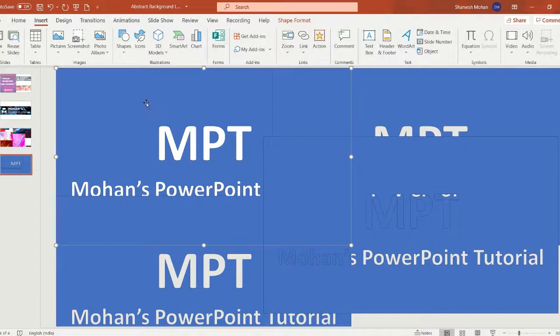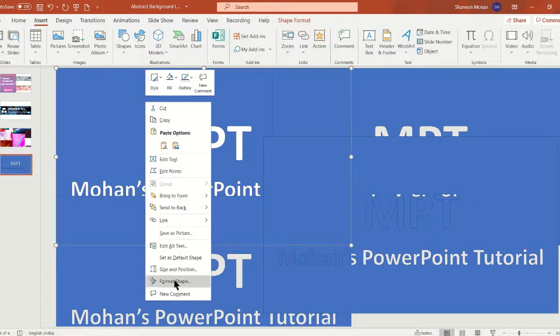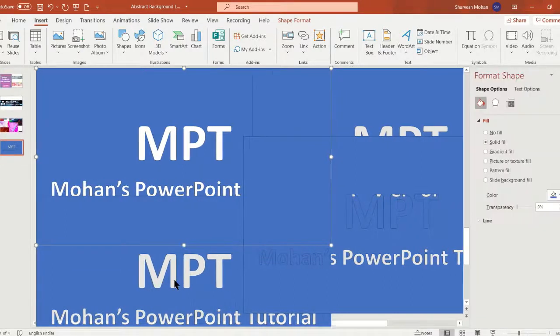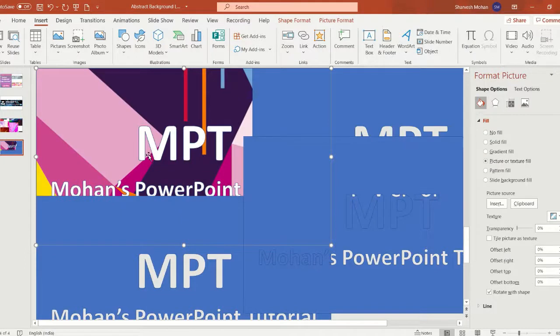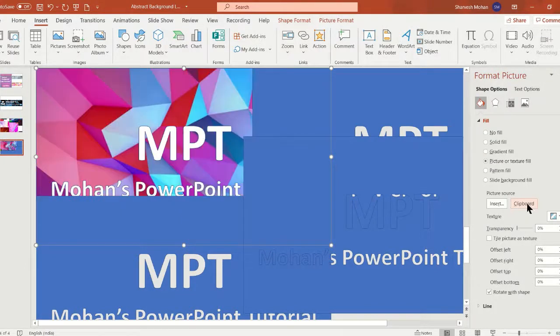Right click, go to Format Shape, go to Fill, Picture or Texture Fill, and click on Clipboard. So whatever we copied from the previous one will automatically be merged into the background of this picture.